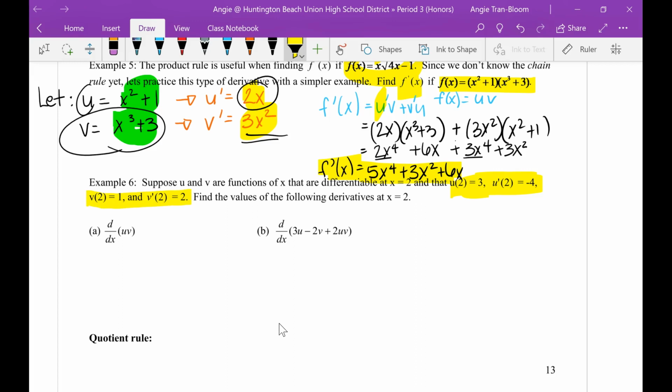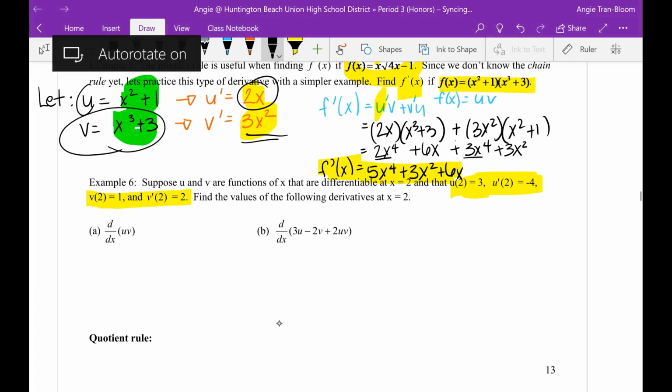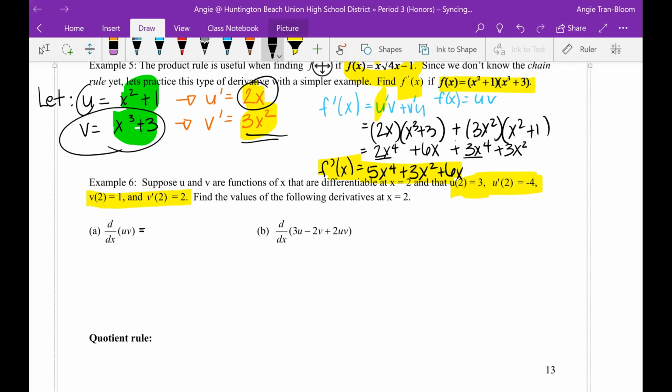Find the values of the following derivatives at x equals 2. Now, this type of problem is really testing to see if you know your formulas, okay? All right, so to find the derivative of u times v, you have to start with the formula first. By definition, the derivative of any two functions multiplying together is u prime times v plus v prime times